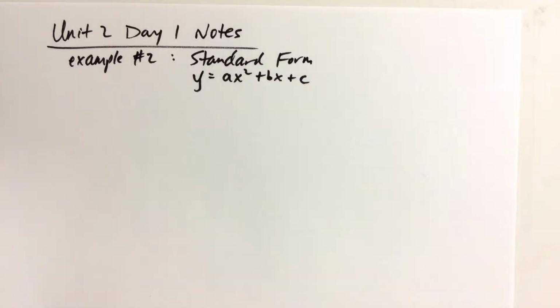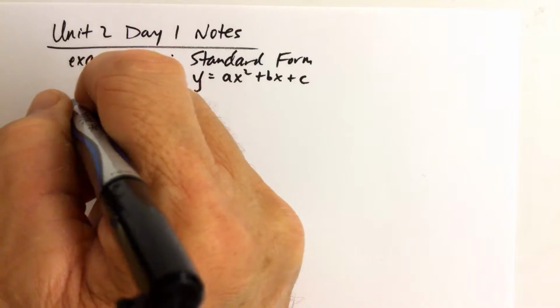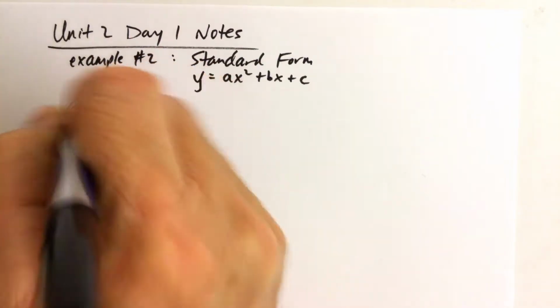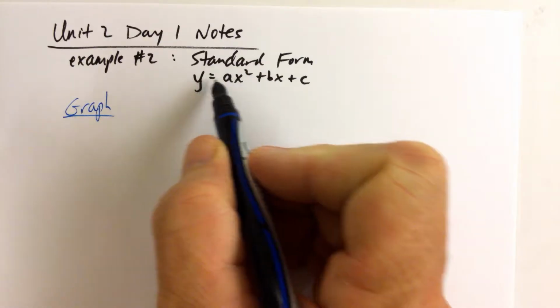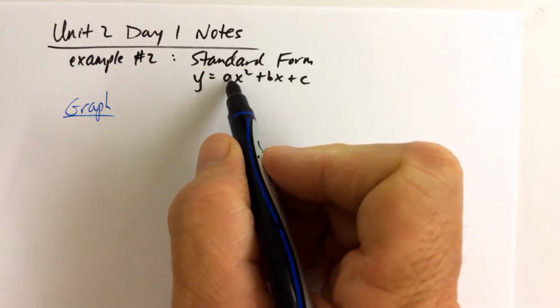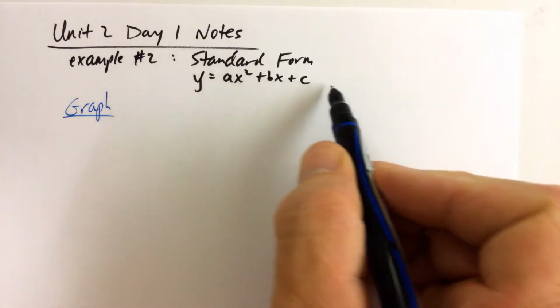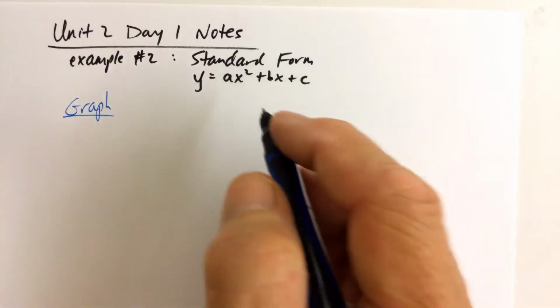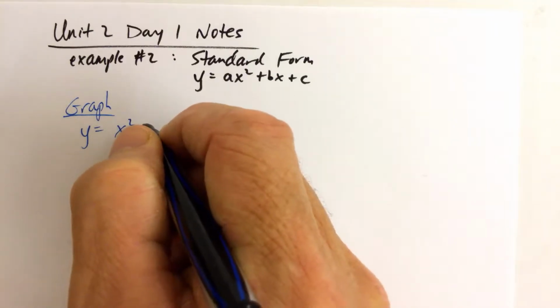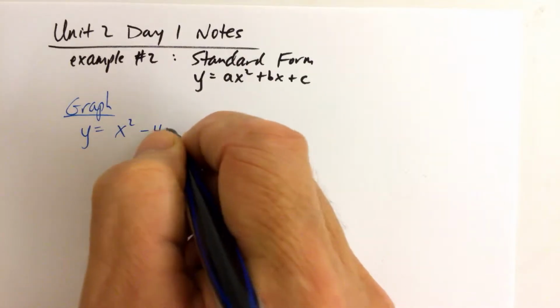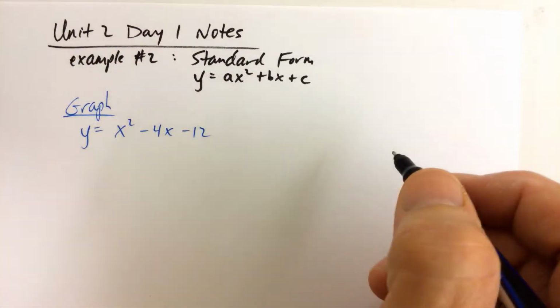So for the second example, we're going to graph a function, but the function is given to us in standard form. And standard form would be this, where you have y defined in terms of x, but there's an ax squared plus bx plus c. And the example we're going to do right now is y equals x squared minus 4x and then minus 12,